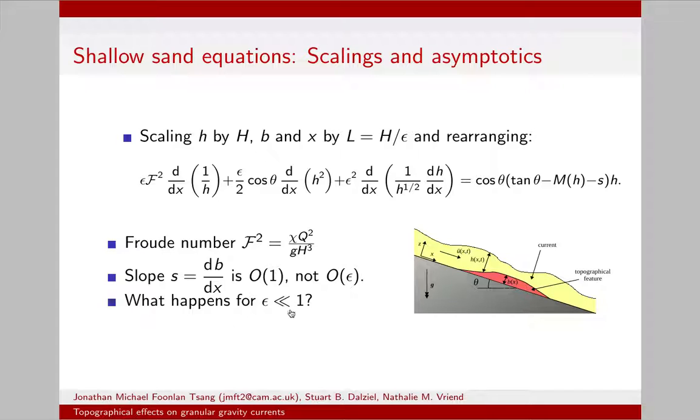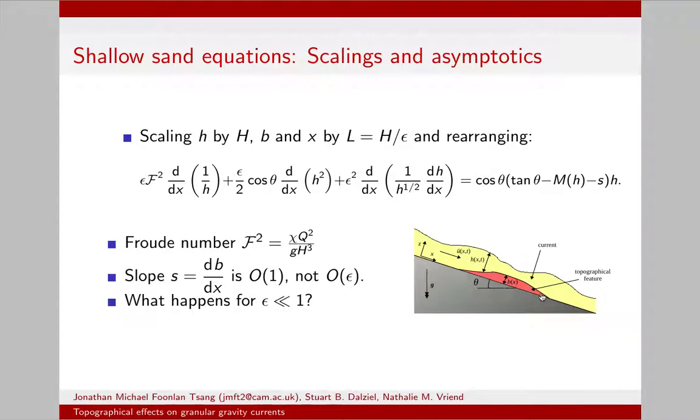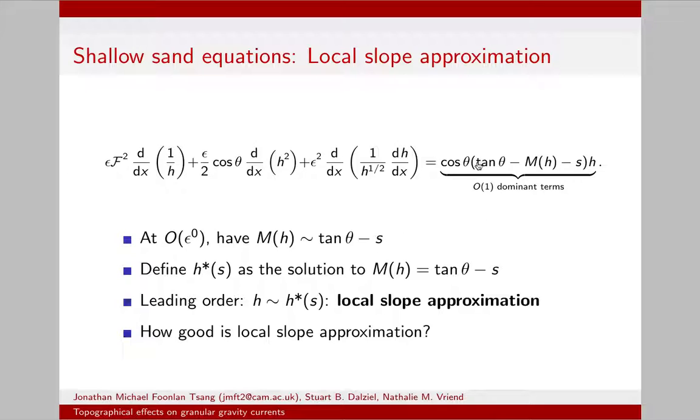What happens if epsilon is much less than 1? So what happens if this thing is very slowly varying? If this slope is very slowly varying, then the leading order terms are all on the right hand side, and we get an equation for h as a function of s, which we can invert to write h in terms of s. This is the local slope approximation, and what this means is if you have a uniform